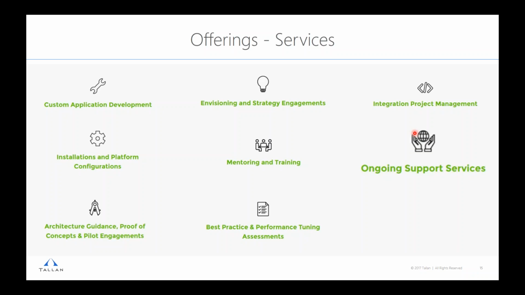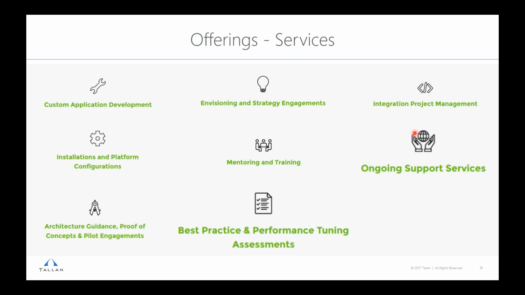The ongoing support services is really your warranty, if you will. The developers and architects' time is spent better developing new feeds and not in support mode. We've got a whole team here at Talon 24/7, and we can leverage the BizTalk 360 monitoring for a more managed support offering as well. This is an area where we can certainly help you sleep at night, and let Talon take care of some of the things that come up during the day.